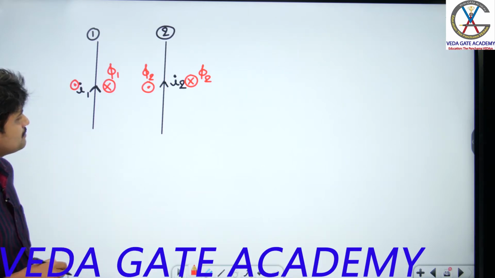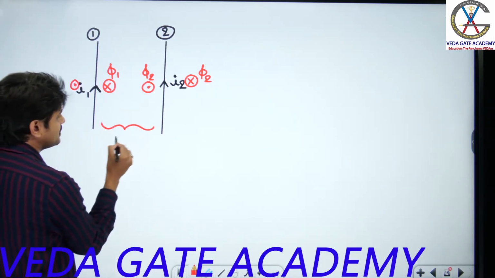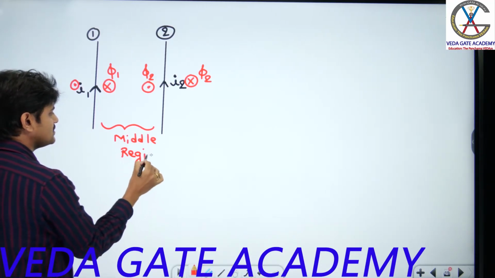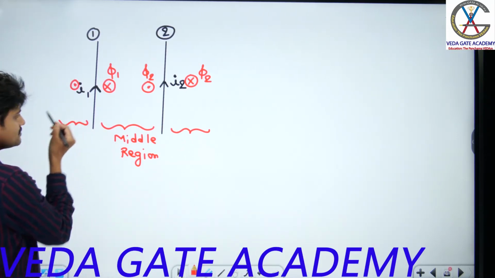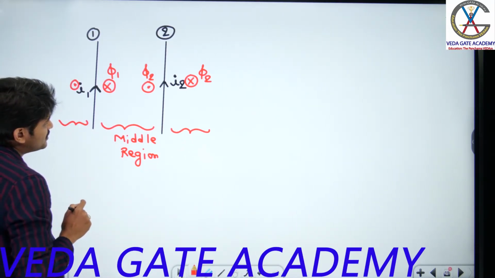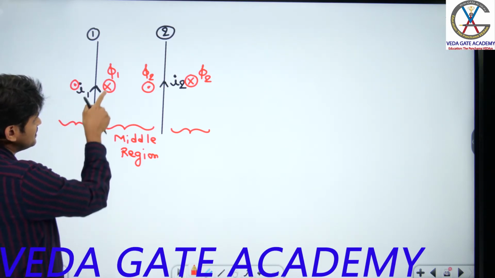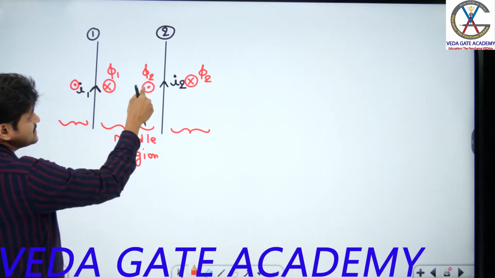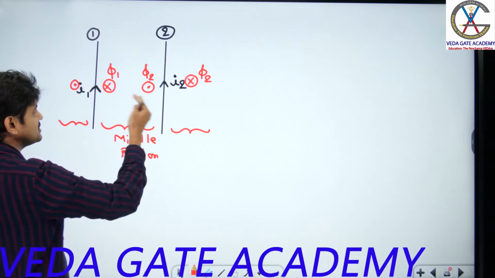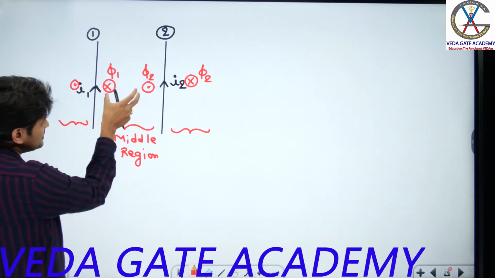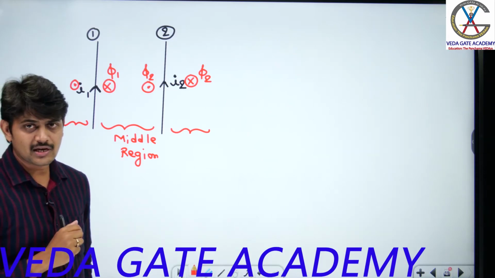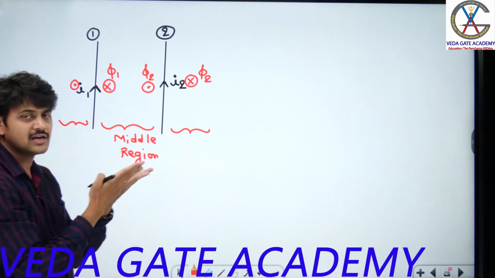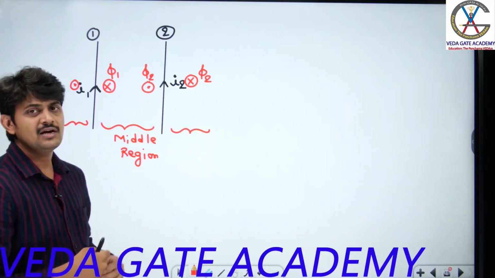Now if you observe, this is called the middle region or central region, and these are the outside regions. Can I say that this flux phi1 in the middle region, because of the current flowing through conductor 1, is into the plane, whereas here it is out of the plane? That means if this is anti-clockwise flux, this becomes clockwise flux. So are these two fluxes in the same direction or opposite direction? Opposite direction. That means, do I get magnetization or demagnetization? These two fluxes oppose each other, which means demagnetization.